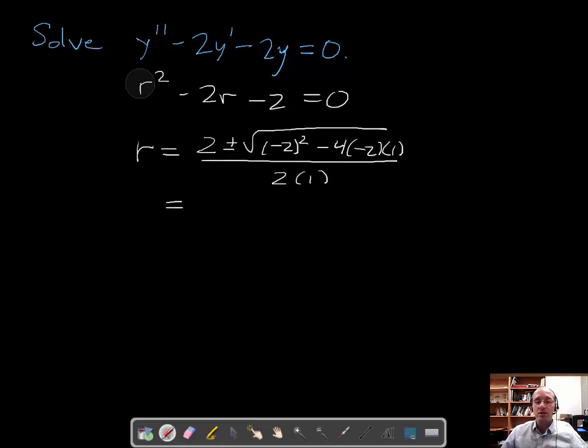And if we take a minute and simplify this, we'll see that it turns out to be 1 plus or minus square root of 3. So we've come up with two distinct roots of our characteristic equation, and from here we jump to our solution. So the general solution